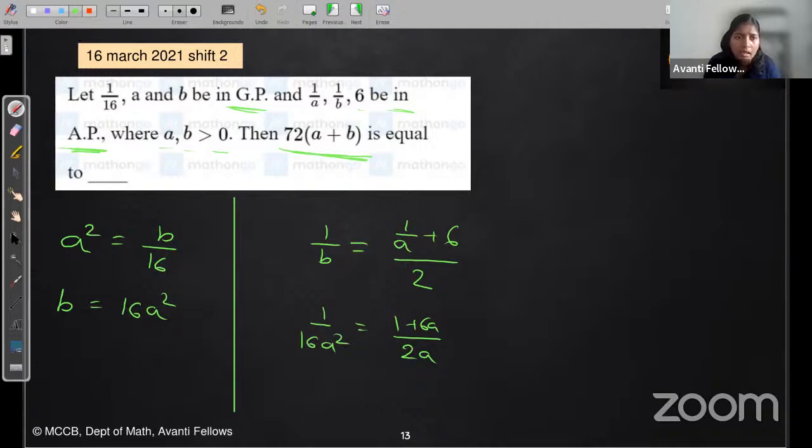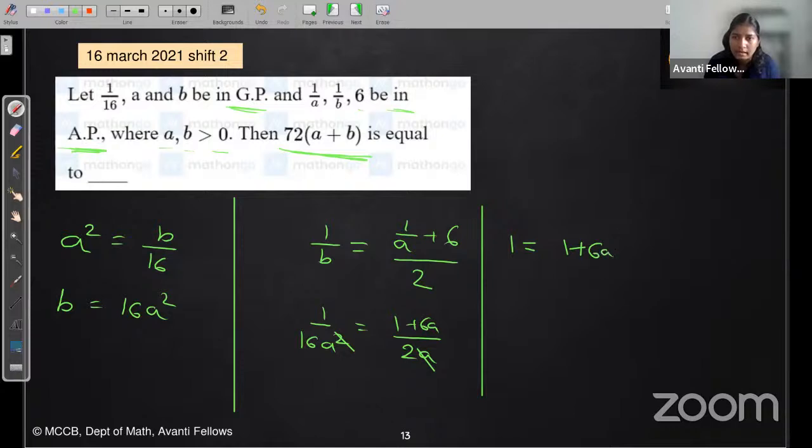Now just take cross multiplication and try to compute it. You can observe here I have A square, this A gets cancelled. So I will get 1 is equal to